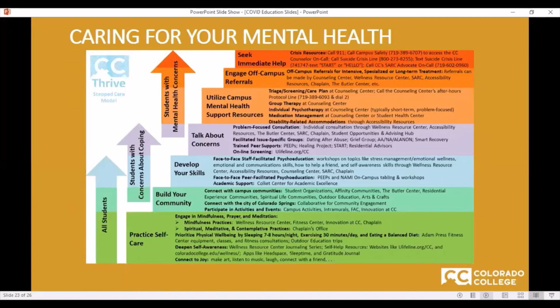There are also a spectrum of supports for staff and faculty. Many of the workshops and programs available through offices like the Wellness Resource Center, Chaplain's Office, Fine Arts Center, and Creativity and Innovation are also open to employees of the college. And there are services like Employee Assistance Program, or EAP, available for staff needing counseling. Being intentional about self-care and seeking support and help when we need it will not only help us feel better, but will also help us to be more resilient in the face of these very stressful times. And stress management and self-care strategies can also help to boost our immune functioning.